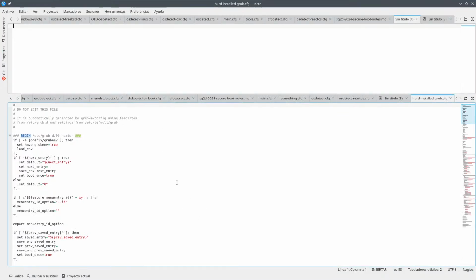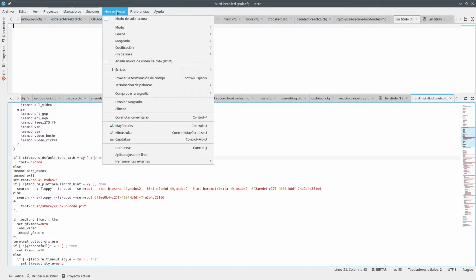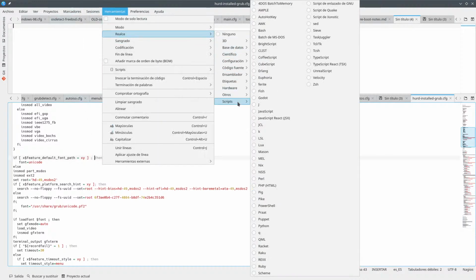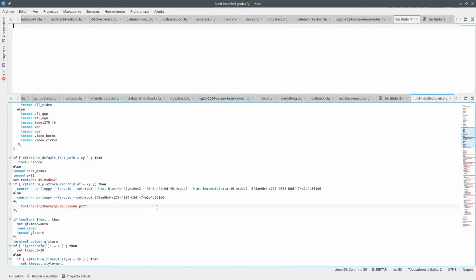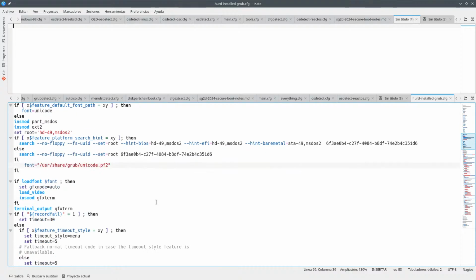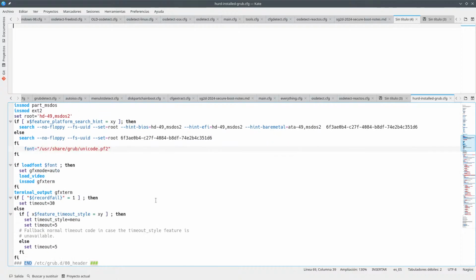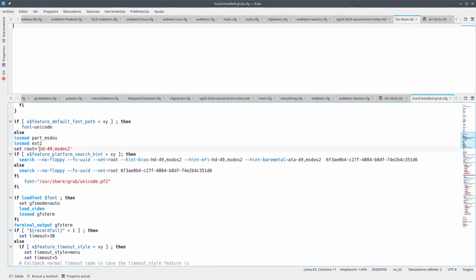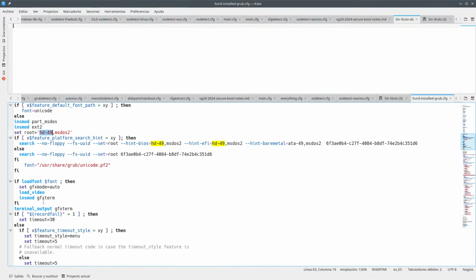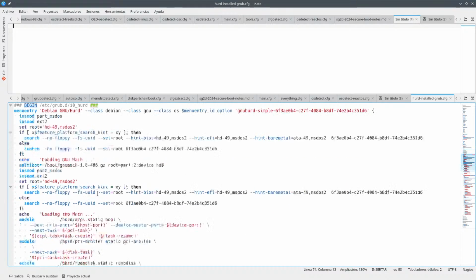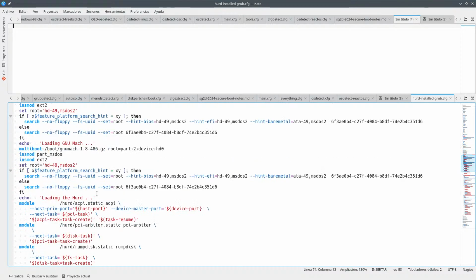So now we can take a look at all of this with our bash highlighting thing to see what the hell is all of this about, because I'm not very sure. So first of all, there's this HD/49 thing that is very confusing to me. So this might be something from an old Grub2. So I'm not sure this is a good thing to do.